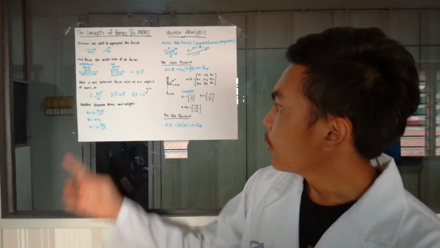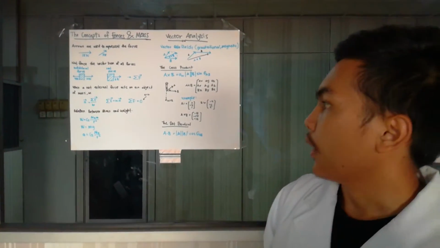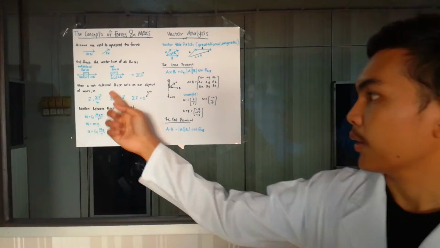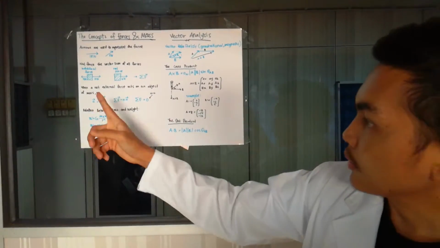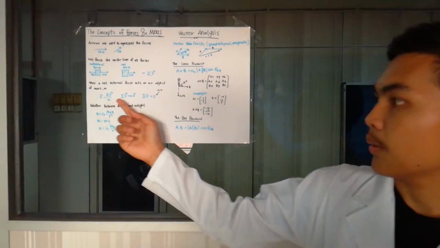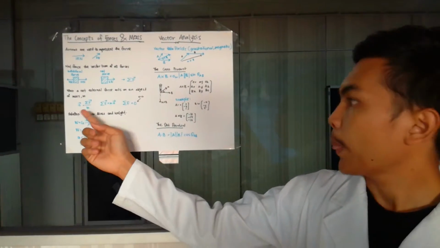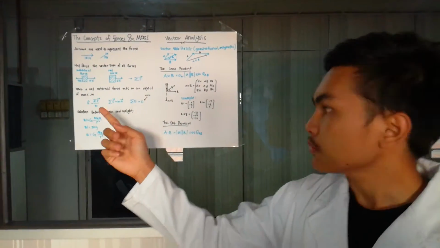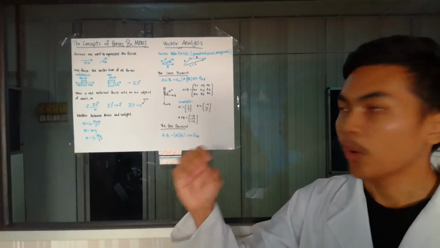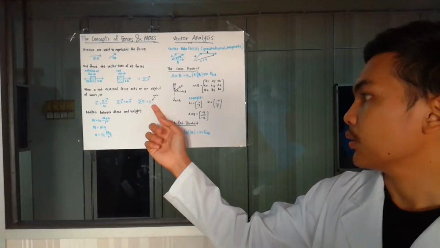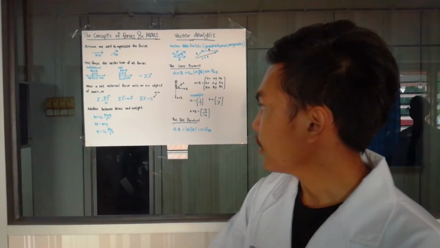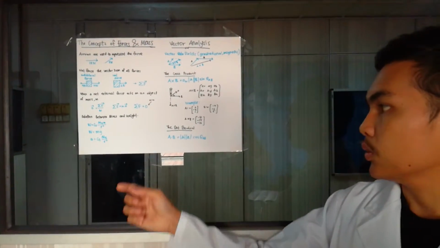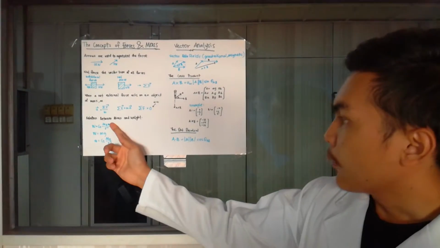When a net force acts on an object of mass, the equation is acceleration equals total net force divided by mass. When in equilibrium, acceleration is 0, so the equation is total net force equals 0. The relationship between mass and weight is W equals G M_E m over R squared.